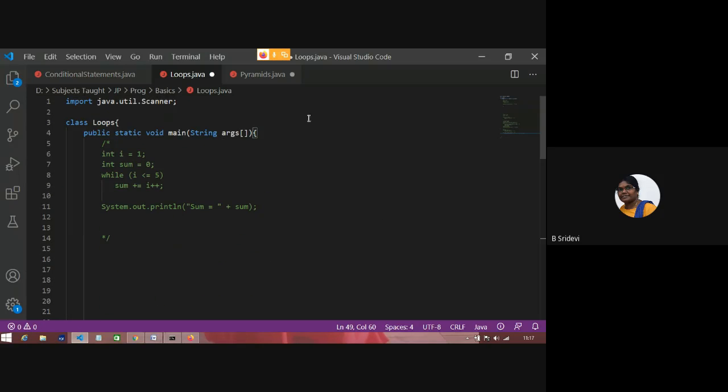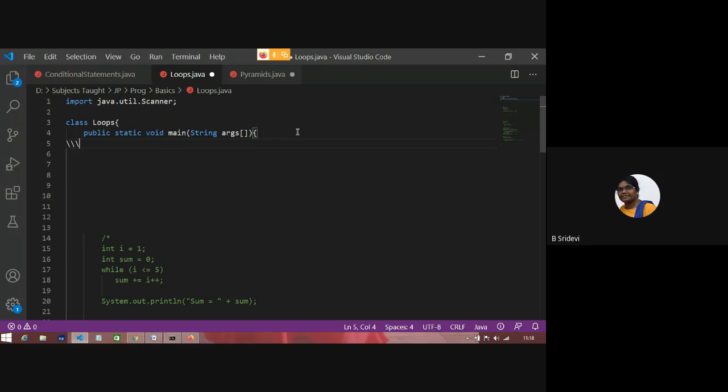Whatever there is at the bottom, we don't want all that stuff. We'll write from the beginning. See, now we want to see a do while loop. For any loop, some initialization of some variable is needed.